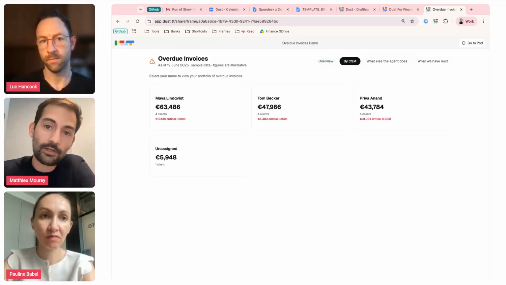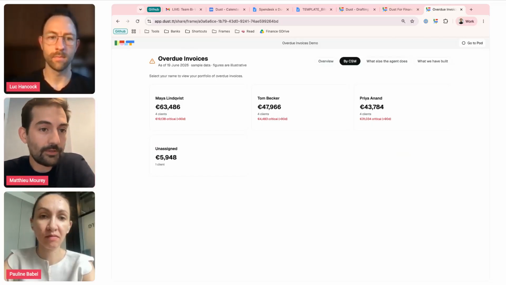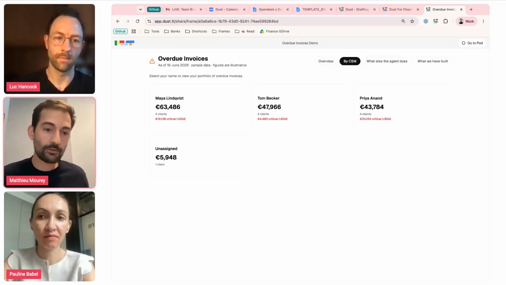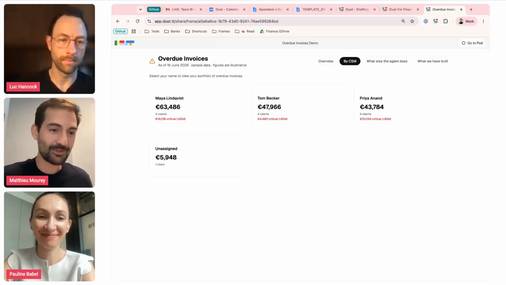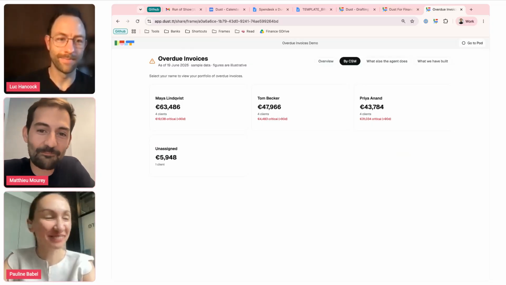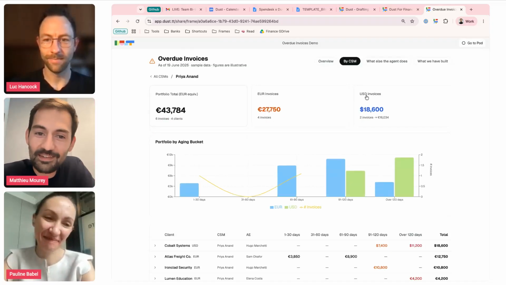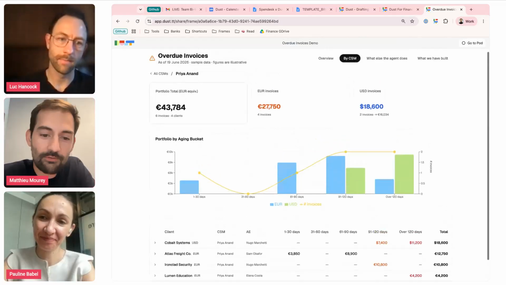And this way, I can just make this frame available to everyone, or anyone can ask the agent, prompting how much Spendesk owes us, and it will answer. Spendesk has paid all its invoices. Right. And this way, you have information available to everyone.